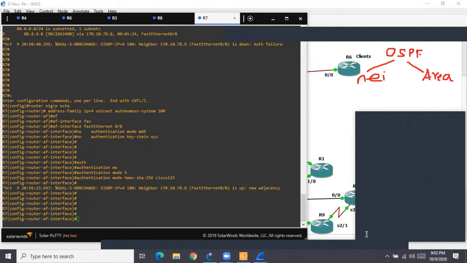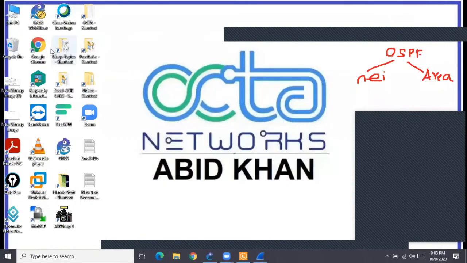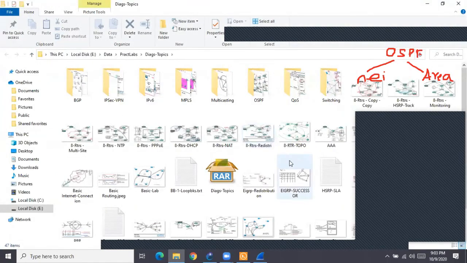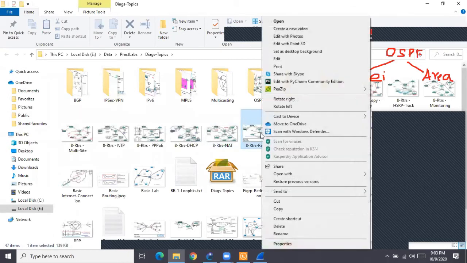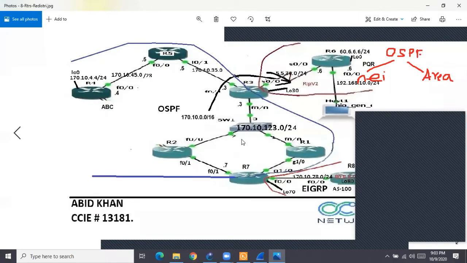So now see what I'm saying. Let us first see the diagram of our routing. Let me minimize the config. So this is the diagram which we were using whenever we did route filtering, whenever we did route redistribution, right?